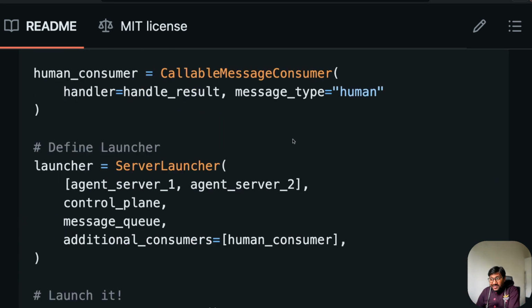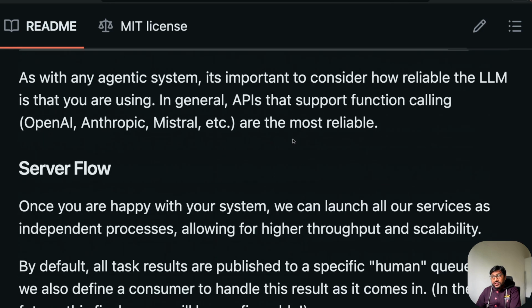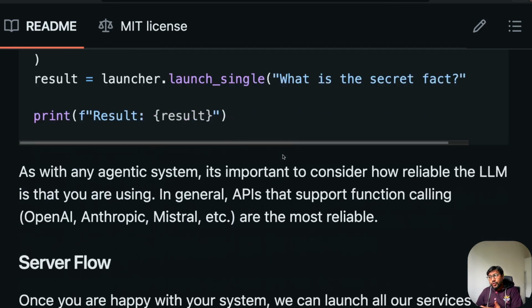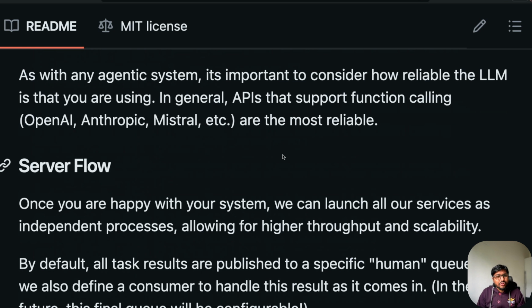And also you can customize this. There are different ways for you to customize it. If you want to launch it locally, there is a different way for you to launch it locally. This is definitely not a hands-on tutorial session. I wanted to just quickly introduce the new framework and then hear your opinions, like what do you think about it. But I think at the core of it, the llama agent framework lets you create multi-agent systems and